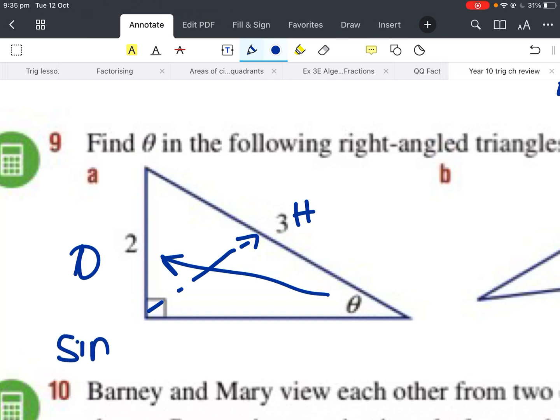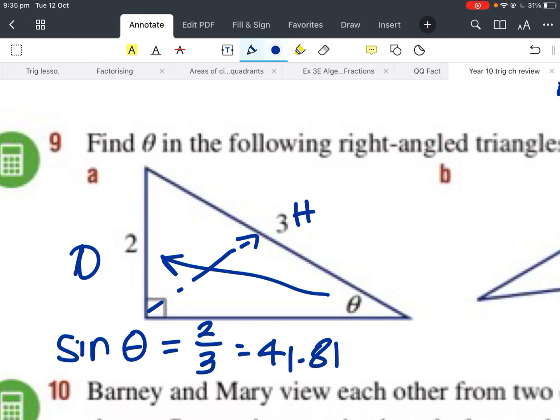It is sin. Sin or sine is opposite over hypotenuse. Okay, opposite is 2, so 2 goes on top. Hypotenuse is on the bottom, which is 3, so 3 goes on the bottom. So on your calculator, press shift or second function, top left corner, then press sin, and then press 2 divided by 3, or 2 over 3 using your fraction key, and I get